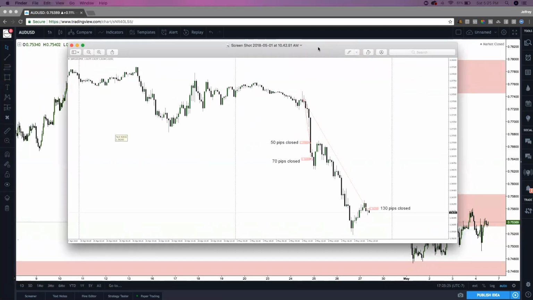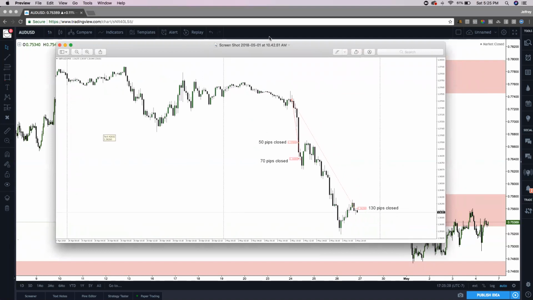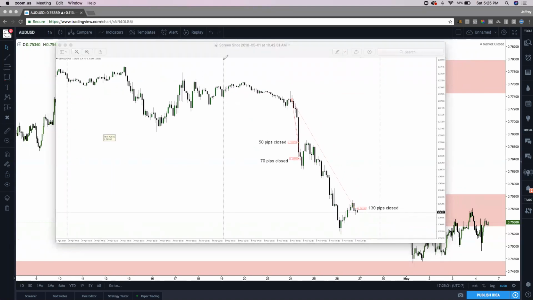Okay, here. So if you look, I went short here, right? And I entered as the candle was pushing up into a level of resistance, higher time frame resistance, and it sold off. I closed my first position here at 1.37, 50 pips. Second position, closed at 1.368, 70 pips. Third and final position closed at 1.3620, which was my target for the week,